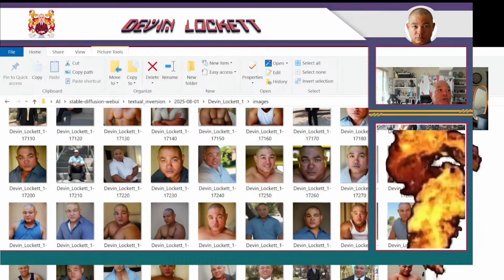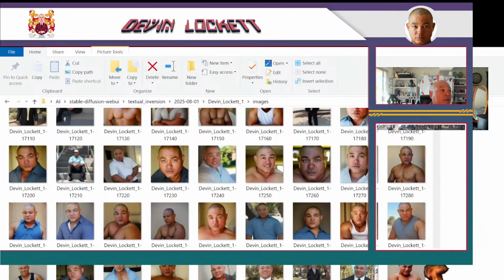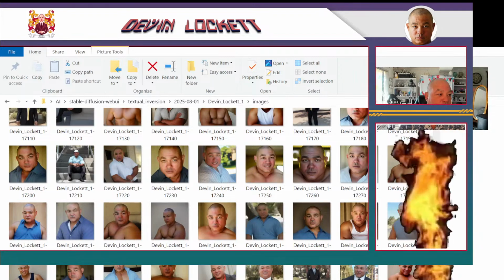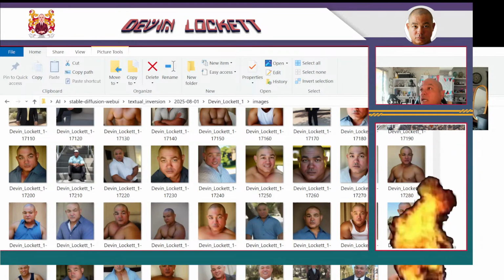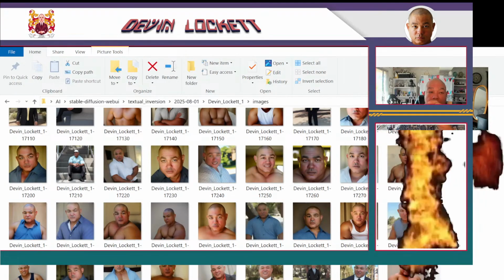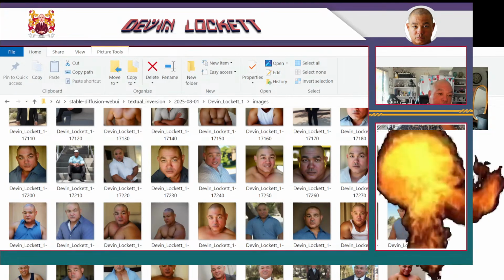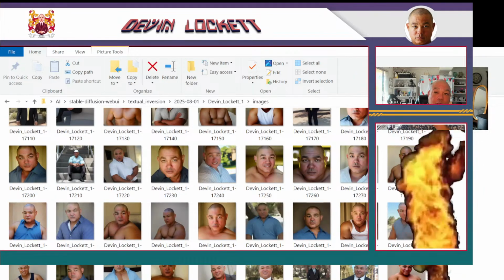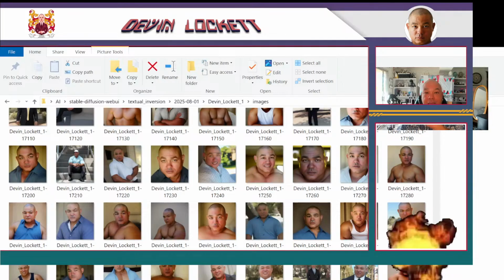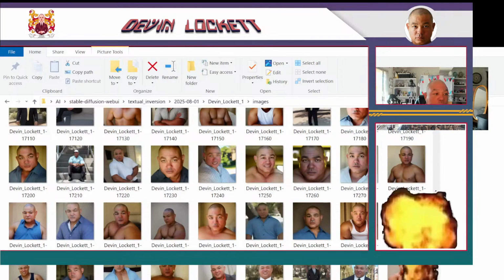I usually use it for web editing so that I can do coding adjustments on entire directories of web pages all at once. Anyway, I use that software to change the words "a man" to "Devin Lockett" in all of the descriptions. So while I'm training my Hypernetwork, I'm also training